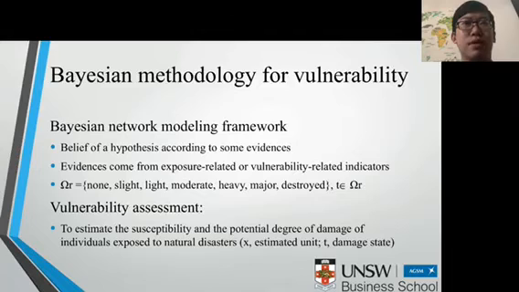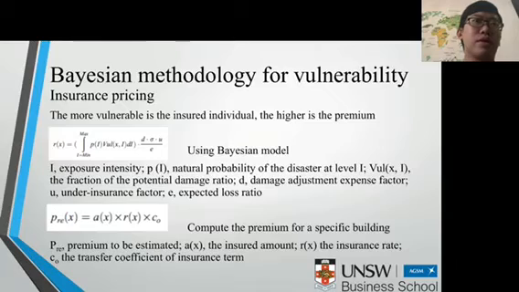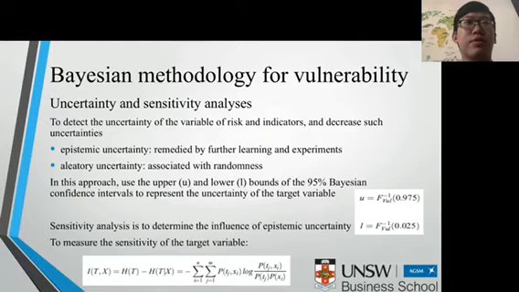The mathematical formulas are shown as follows. As for insurance pricing, the more vulnerable the insured individual is, the higher the premium. We use the Bayesian model to calculate the insurance rate and take this value into the second formula to compute the premium. All the parameters used in the function can be collected from the grid dataset and data table. The last part of the Bayesian methodology is